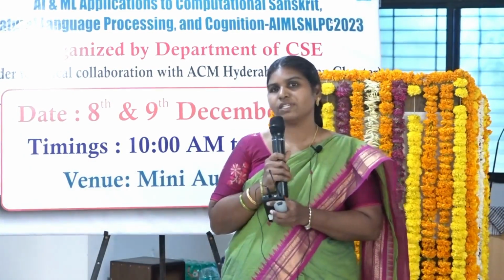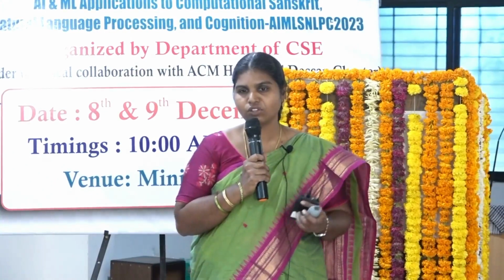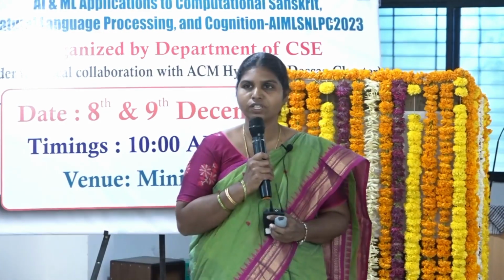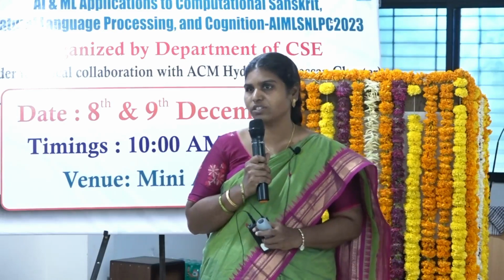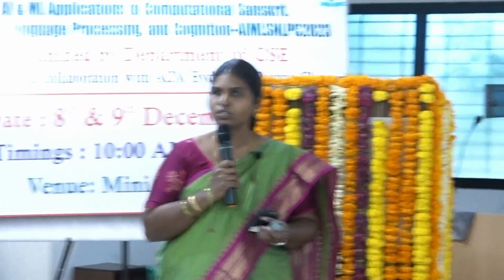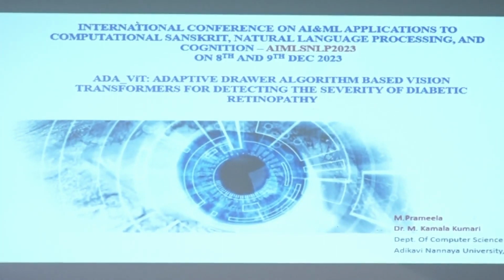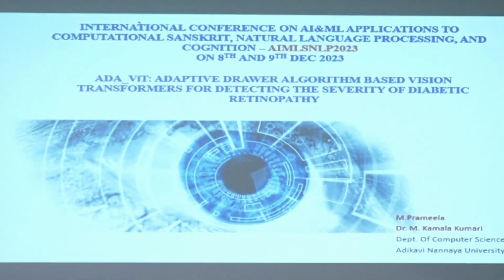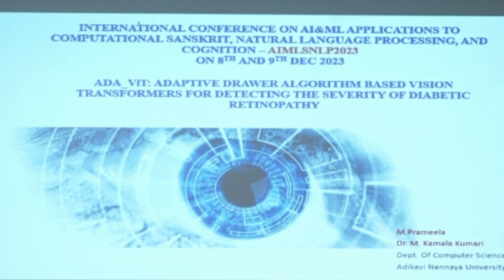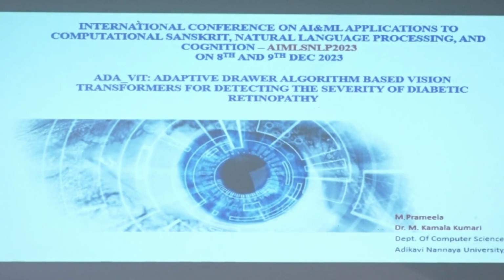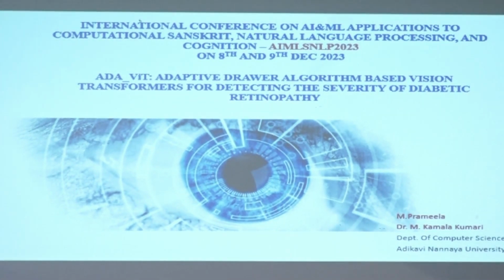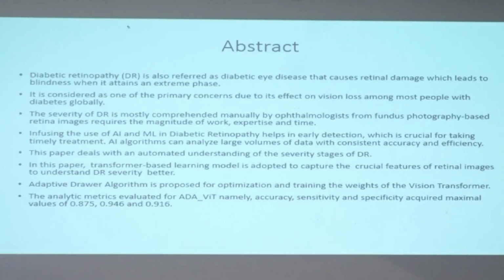Basically, during my thesis I worked on different diseases. In that part I am working on the effect of diabetes on different organs. One paper is on the effect of diabetes on heart disease, and this one is on diabetic retinopathy. So why are we dealing with diabetes in today's world? According to WHO, the World Health Organization, diabetes is the major disease which affects every organ. Diabetic retinopathy basically affects the eyes, the retinal part.